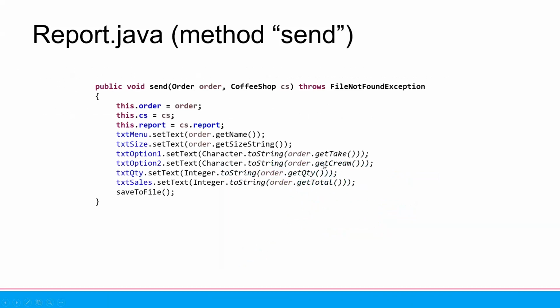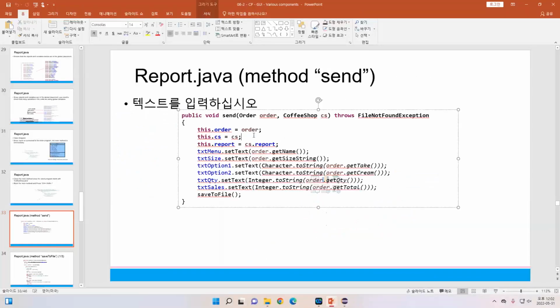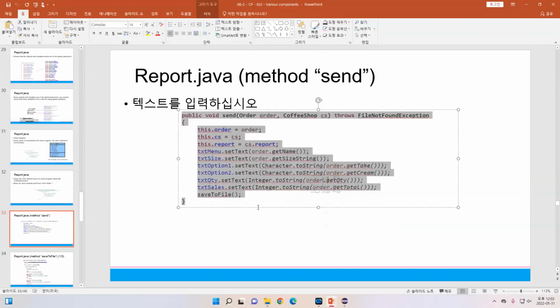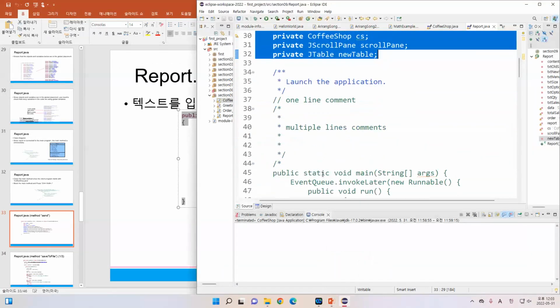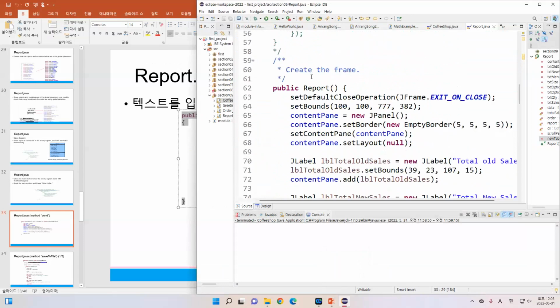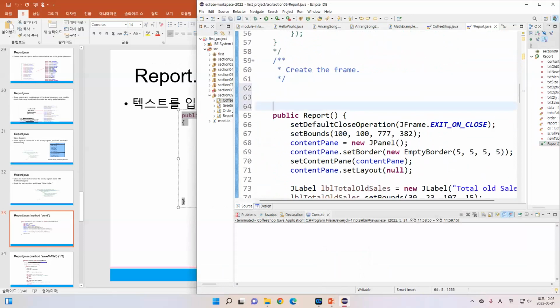Now, let's make a new function. Okay, in the Report.java, let's make a method send. What does it mean by this send? Okay, I will explain to you later. You can copy and paste this one, and then you can put it before the public report. In the public report,